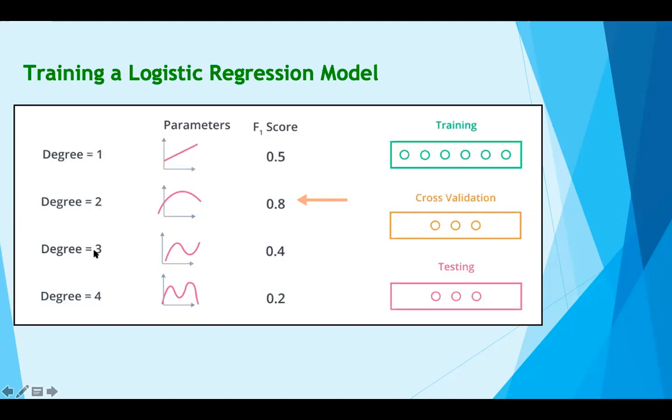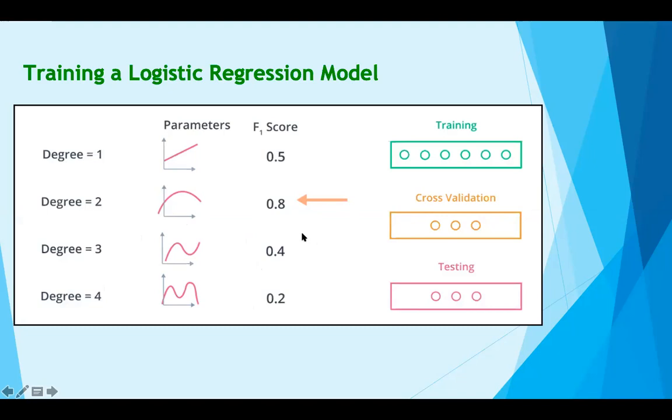We train them with training data to find the slope and the coefficients of the polynomial. Then we use the cross validation data to find the F1 score of all these models, and we pick the model which has the highest F1 score. And as a final step, we use the testing data to make sure that our model is good or not.